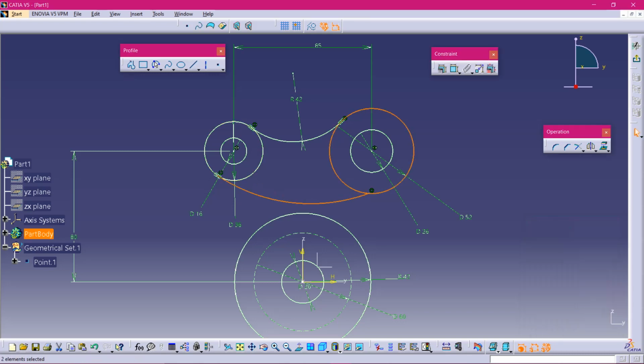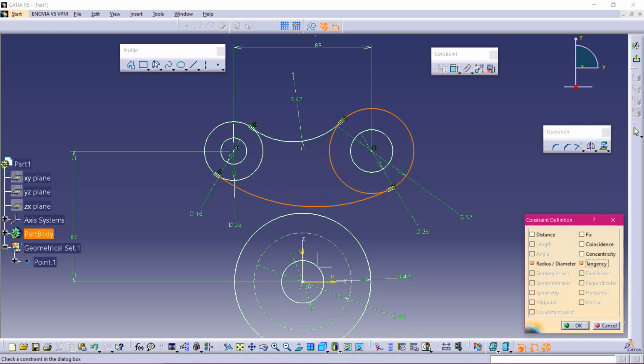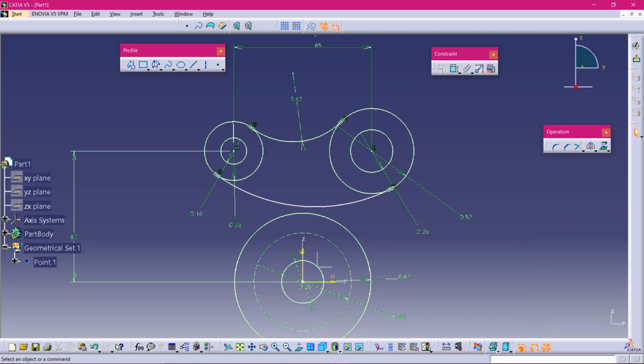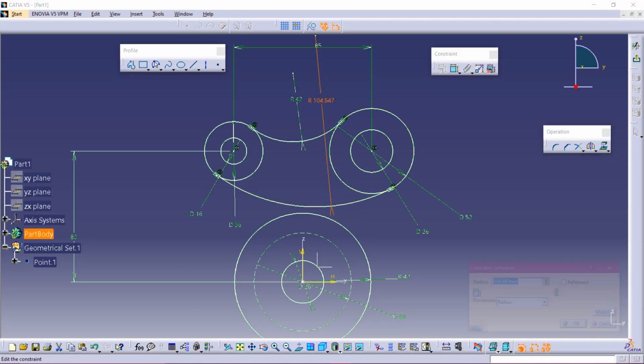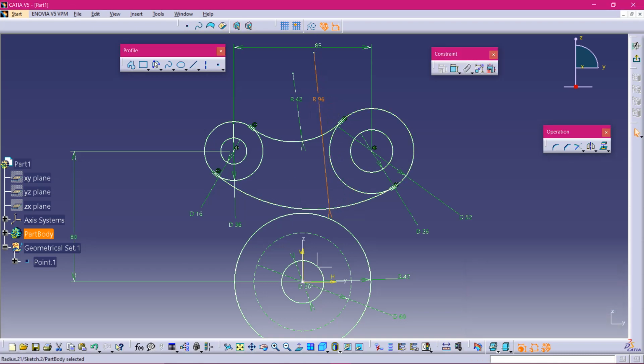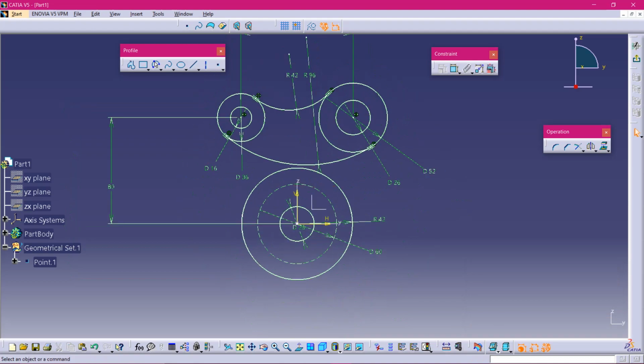With experience you will get to know, because sometimes when you give tangency it may come inside and take tangency here or here. The arc may take tangency inside the circle even while coming to this type of sketches. I'm not showing you because that's so time consuming. So how much is the radius? 96 mm. So this one is ISO constraint.